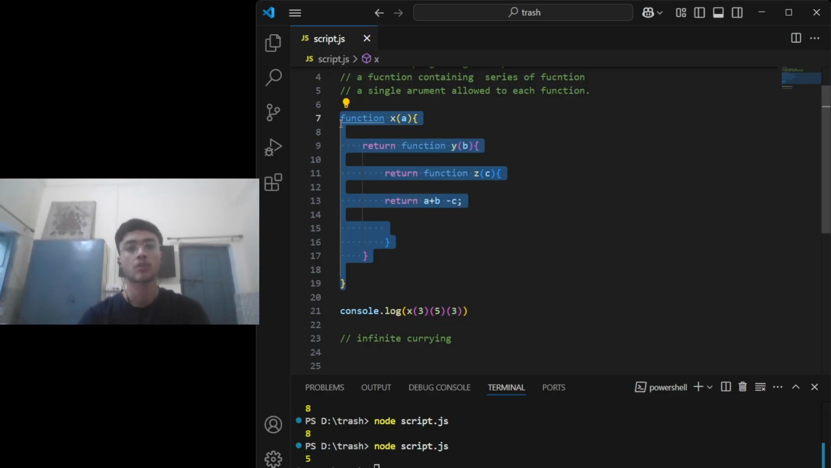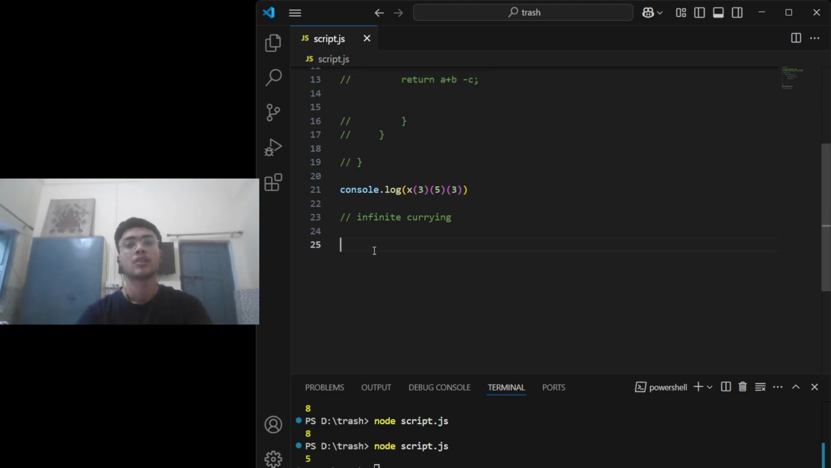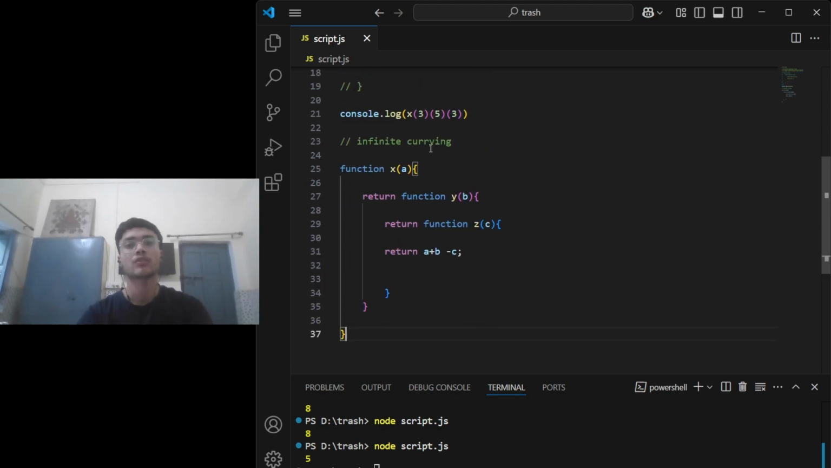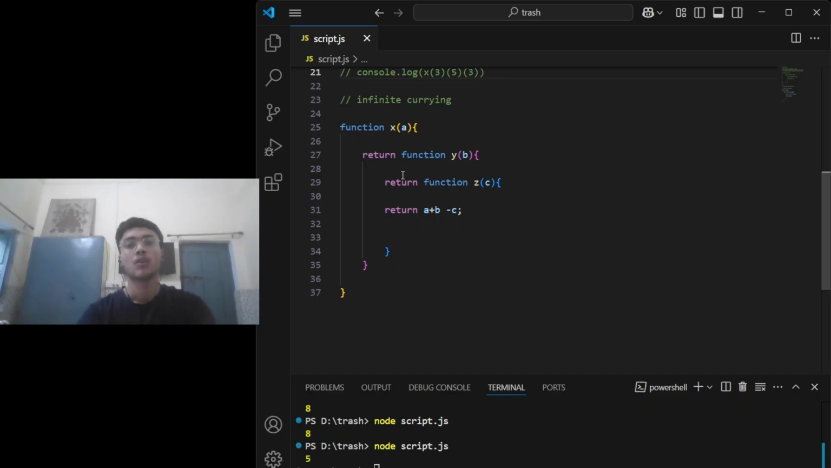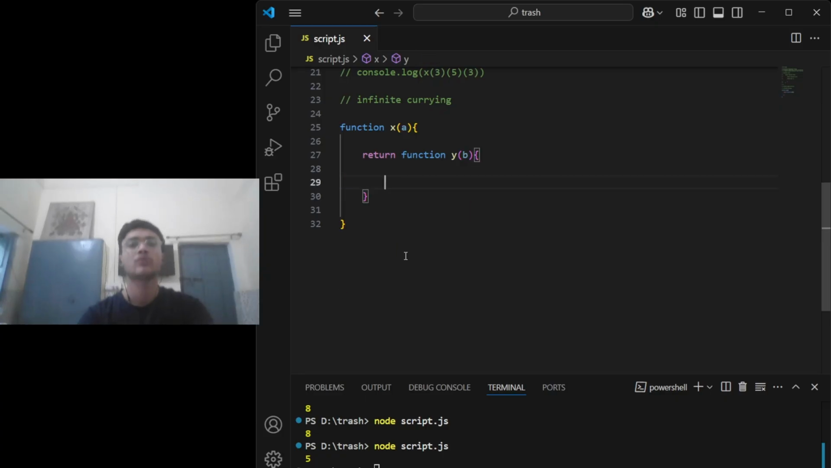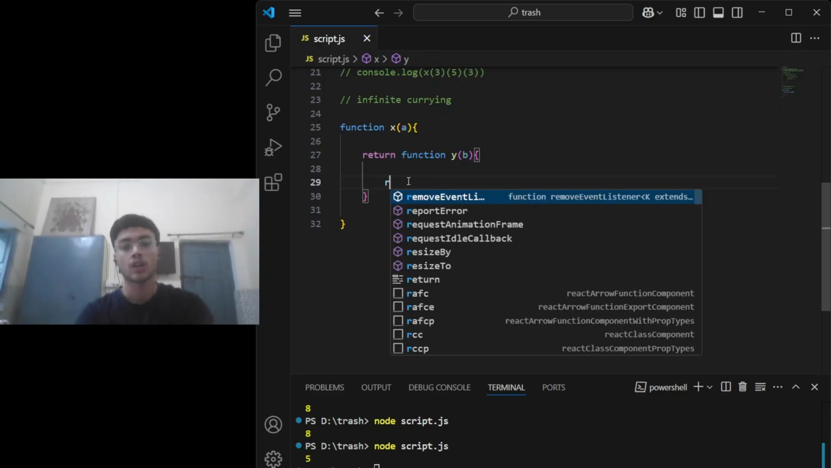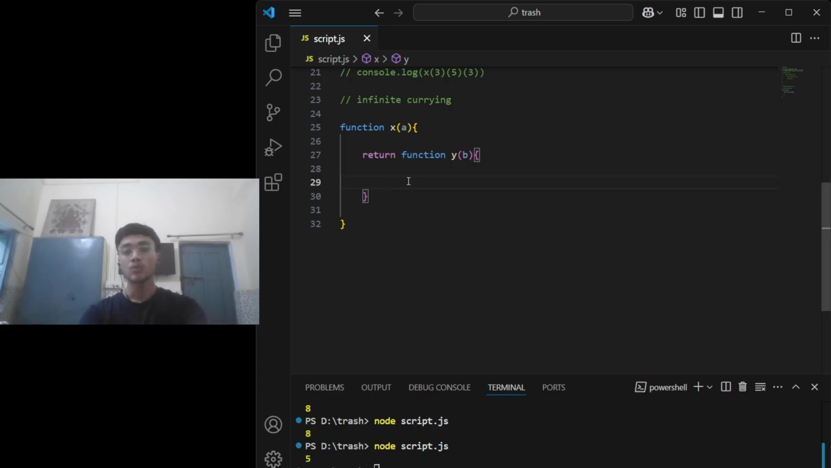Control C, control C, and comment command. Okay, so now we have this function, and I'm going to comment this out also. So now we have two functions, and remove the inner function for now. Okay, now to make the function not